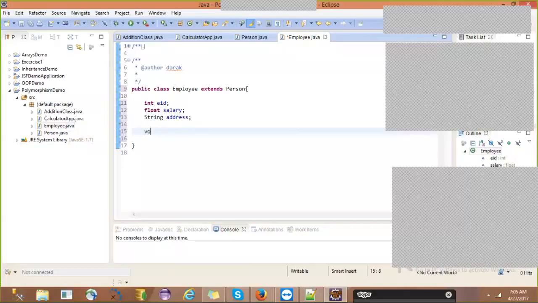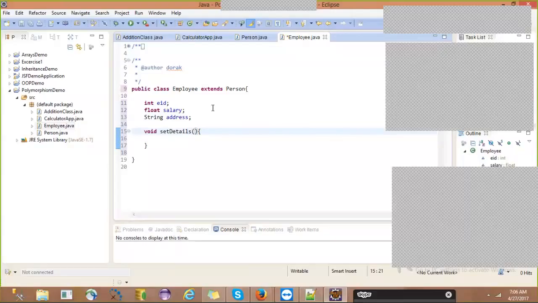So void set details. But how many parameters do I need here in the set details method? Not method overriding, in the normal case only. Just let's go in the normal flow only. You will understand method overriding when it comes. Total 6 we need, right? Yeah, Shivangi. Total 6 we need.